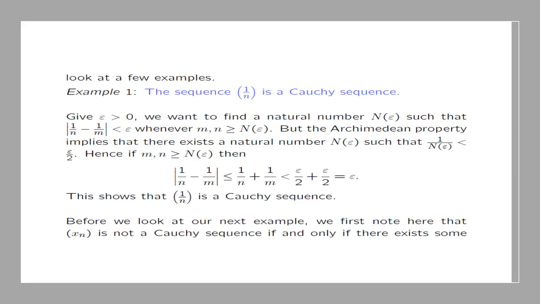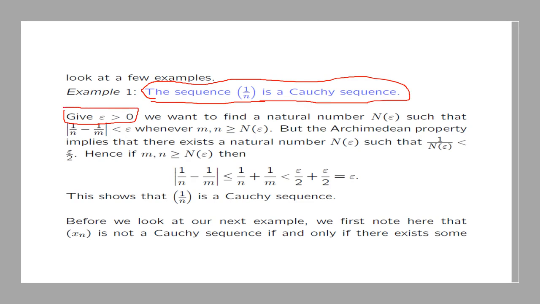So let's look at our first example. The first example is the sequence xn equal to 1 over n, and we claim that this is a Cauchy sequence. Let's try to show that. What we need to do is the following. Given epsilon bigger than 0, we want to find a natural number N that depends on epsilon, such that